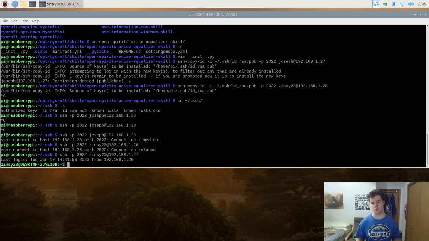If you just don't set a password, that's still more secure than just doing password-based authentication, because you have to take the public key of the system you're using to connect and put it on the server itself. Meaning you have to get into the server and you need that to access it, so that's actually more secure than using a password. You can do a password for this, but it's really not that necessary. It's still way more secure than password-based authentication, because again, you need the public key